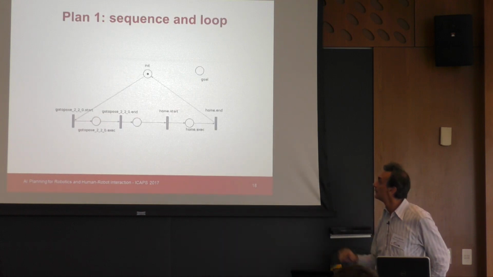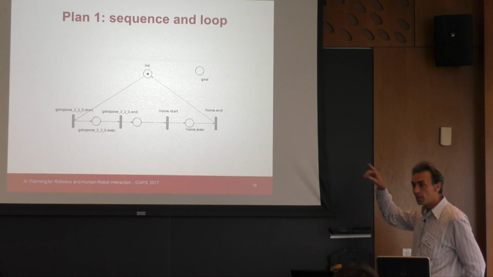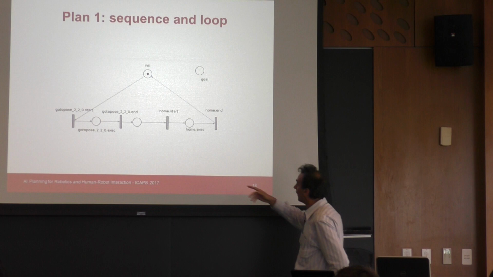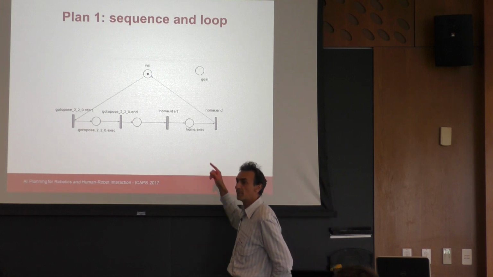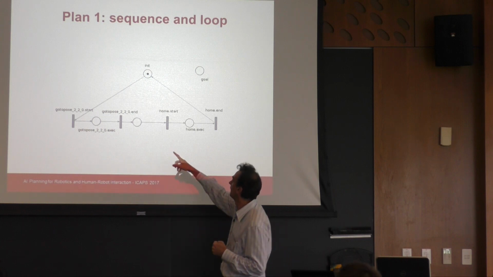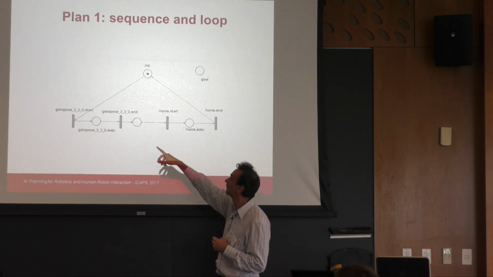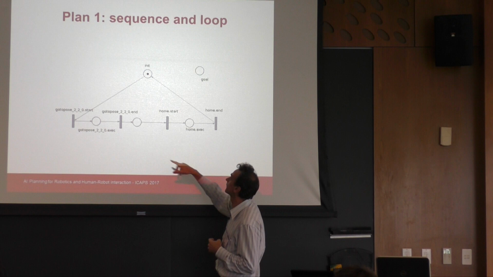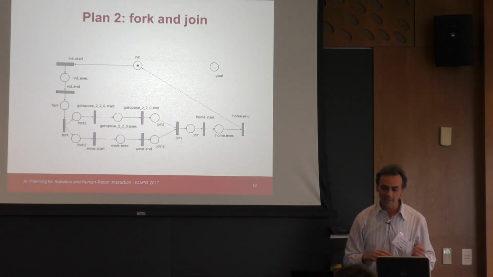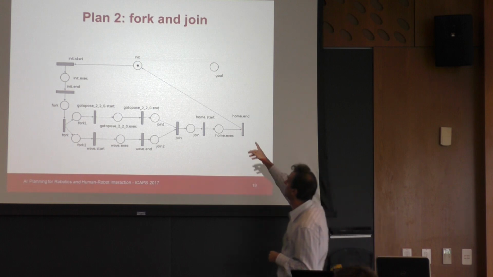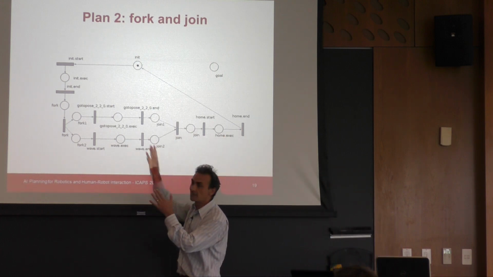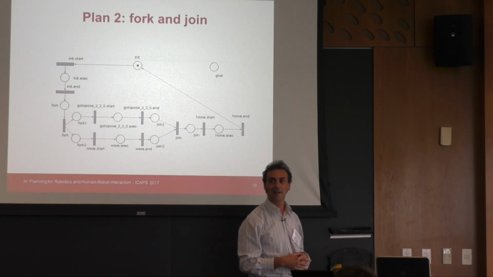So some examples of how you can combine these things to form complex plans. Of course, the sequence can also be applied backward, so you can implement loops very easily. So this is a loop in which you do these actions forever. And of course, combining, this is another example in which you have a loop. Inside the loop, you have some parallel actions.